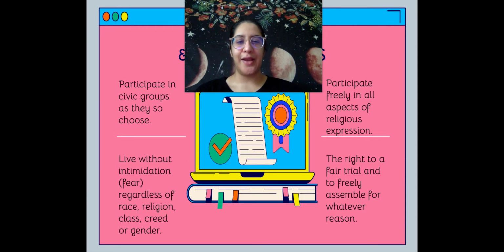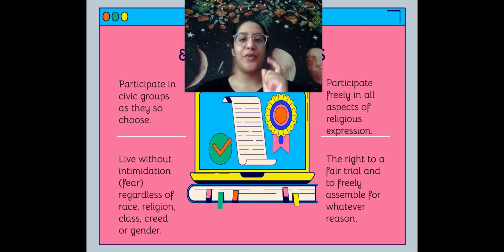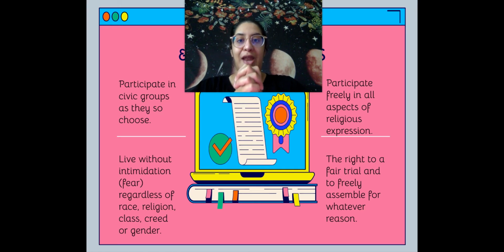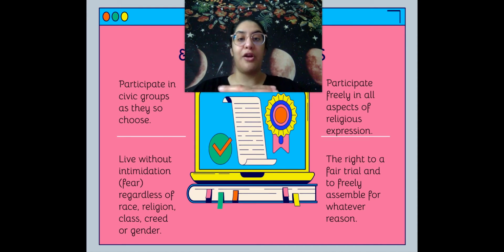Take a look at a couple of different rights and responsibilities that we as citizens have. We participate in civic groups. Remember, civic duty and community involvement are one and the same. When we talk about civics, we're talking about working in our community to make that better. That is us trying to form and find ways to make our local government, our national and state government work for our society and our community.